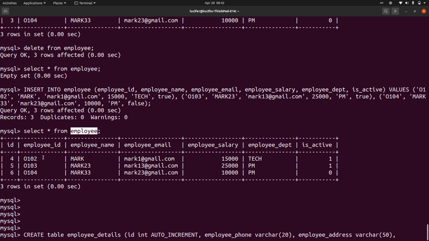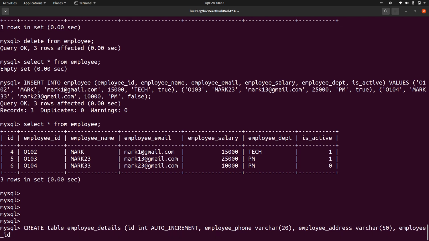Now see, there has to be a relationship between the employee table and the employee details table, so that you can fetch each employee's details, right? If I'm not giving any relationship, you don't know whose phone number and whose address you are adding. So there have to be some unique values created here to map to the other table. So I'll create a mapping from the IDs in the employee table. Employee ID, which is an integer, and this should not be null, so I'll keep not null.